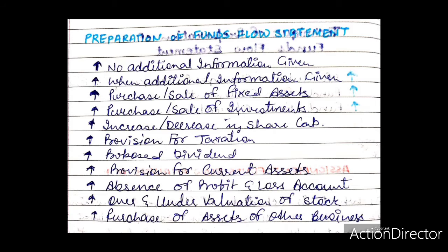Purchase or sale of fixed assets. The amount of source or use of funds from purchase or sale of fixed assets can be ascertained by opening an account for the concerned asset as it appears in the ledger. The opening balance of the asset is posted on the debit side and closing balance on the credit side of the asset account. Then, the additional information is journalized by double entry system and the entry is posted in the concerned asset account. Now, the balancing figure of the asset account may be either purchase or sale.